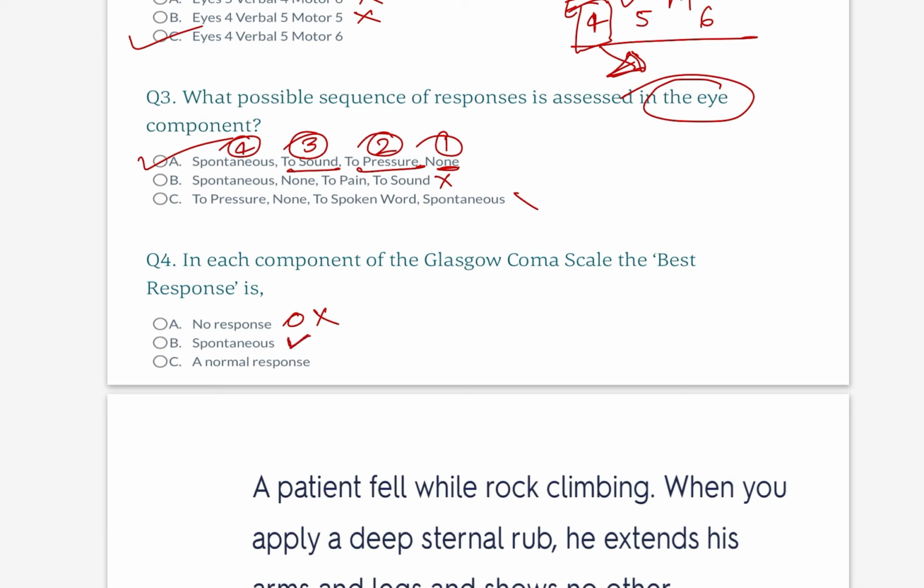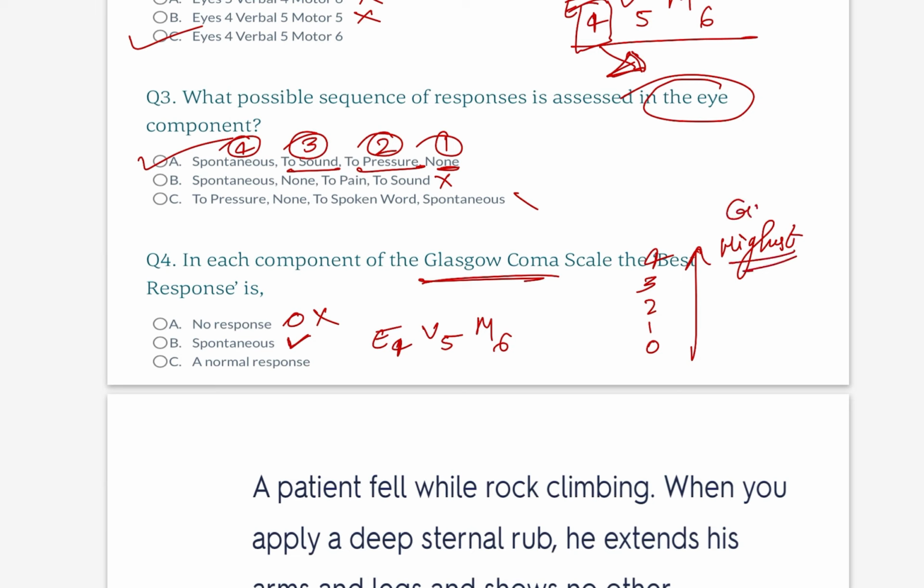Spontaneous is correct because we are giving the highest score. What's the highest score in this one? So it's about the Glasgow. So for everyone it is different. Like E4 is the highest, V5 and M6. So remember, like this one, 0, 1, 2, 3 and 4. So 4 is the highest score, and highest means good, and 0 is the lowest score, and it means bad